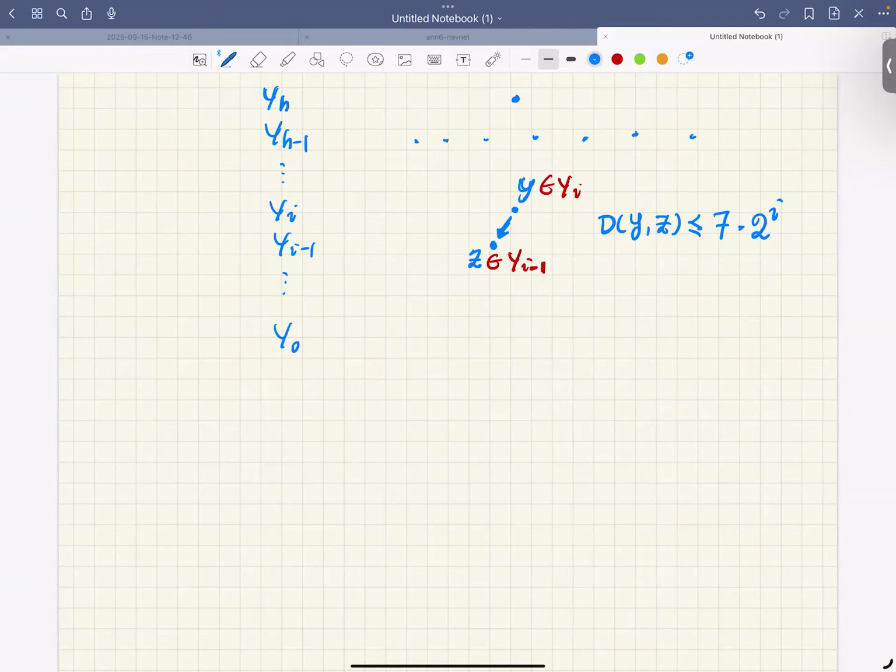Of course, you have every right to wonder how I got this 7. Well, in theory, oftentimes we need to have some constants. These constants might look like magic constants at first, but they serve important purposes in the analysis. In general, when you design a data structure, it's actually a backward process. Let's say there's some constant that you have to leave open, and you don't fix it right now,